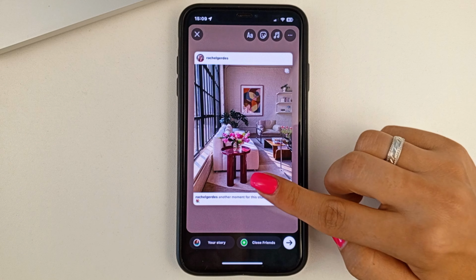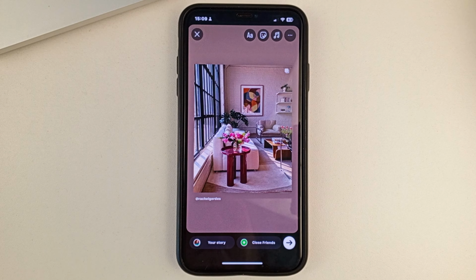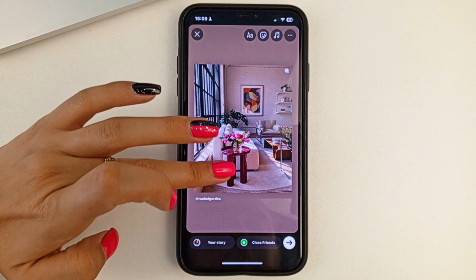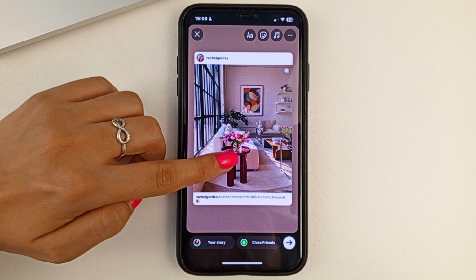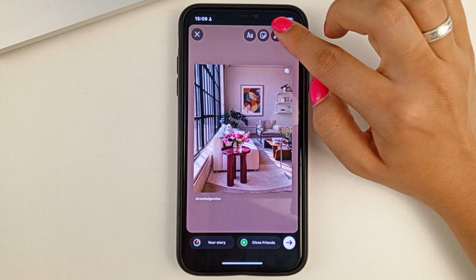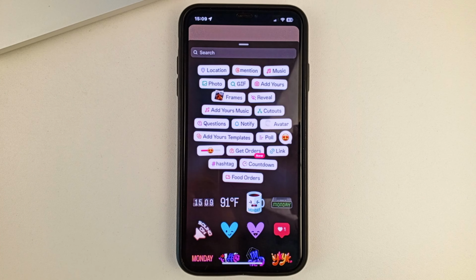Further, you can, for example, change the color of your photo. You can also change the design of the post itself. That is, it can be like this, without any inscriptions, or, on the contrary, with the author and inscriptions, as you prefer. Also, friends, what can you do here? You can, as in any regular story, add geolocation, mentions, music, absolutely any text, some emoji, a poll, and so on.